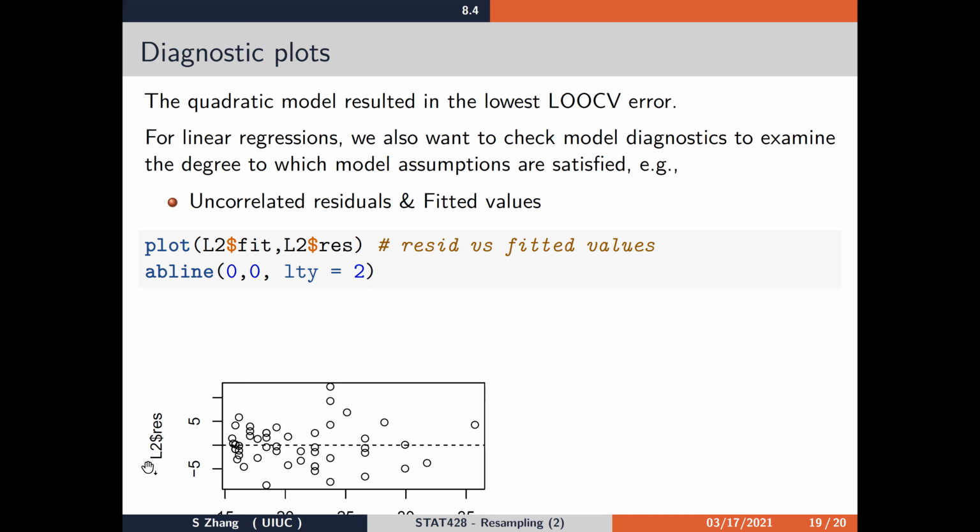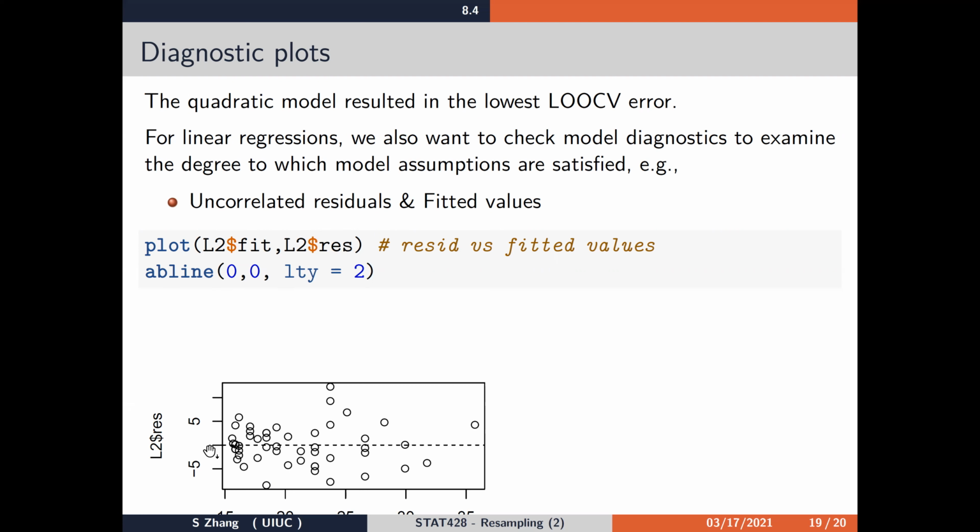If you plot the residuals, which are the e's, which you can also get from the res object in the L2 output, against the fitted values, your y hats, and you include a line at y equals 0, then ideally, if these assumptions are satisfied,